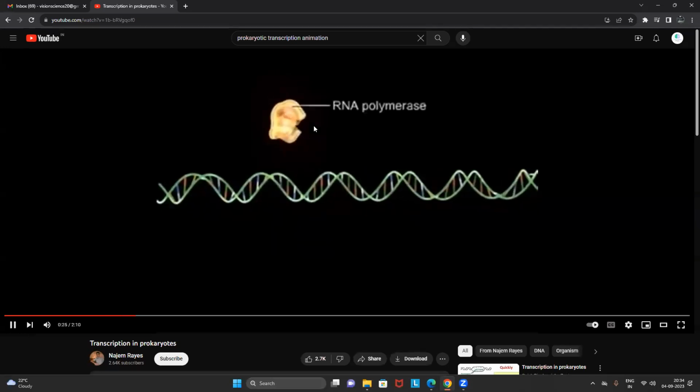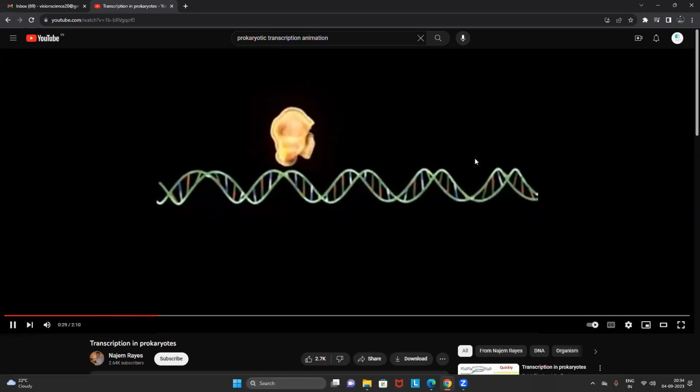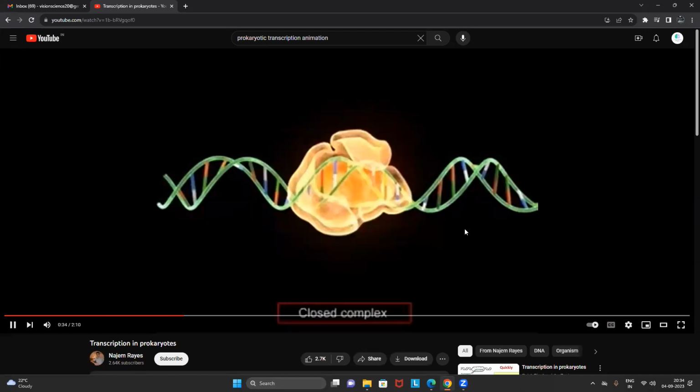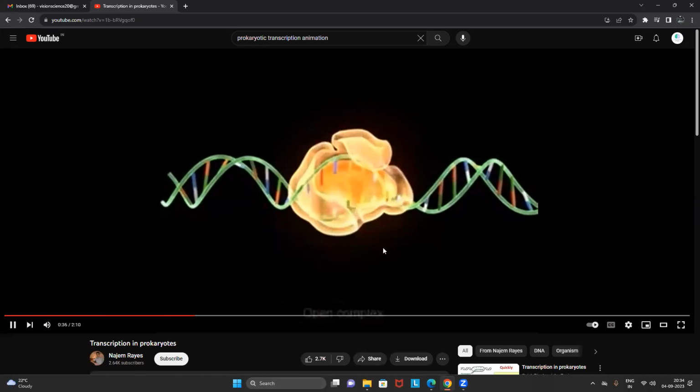Now that is what? RNA polymerase core enzyme plus sigma factor. Together we call it what enzyme, friends? Holoenzyme. Now where does it come and attach, tell me. It attaches to the promoter. I told all of you, right? Friends, this is called closed complex formation. Now you see that the closed complex converted into open. See that? How is that possible? Just by the structural or conformational change. We do not require ATP at all.